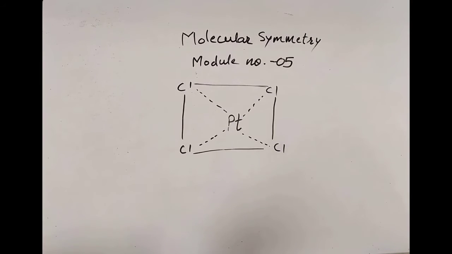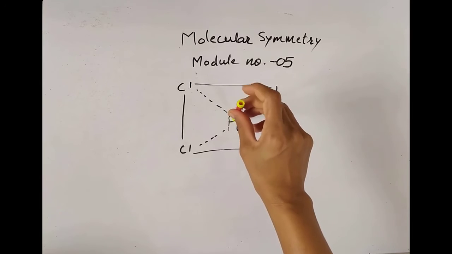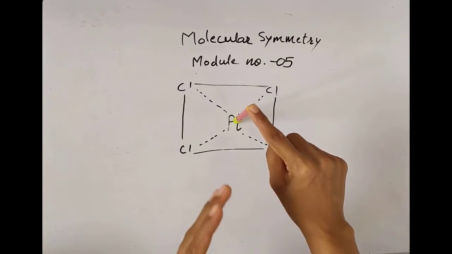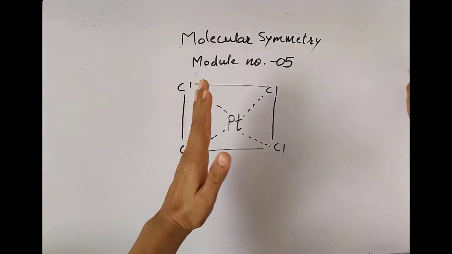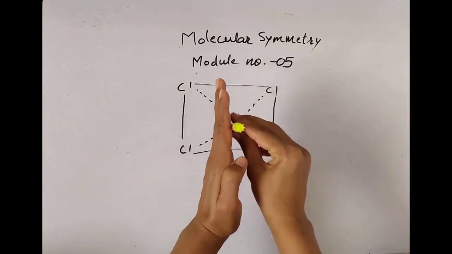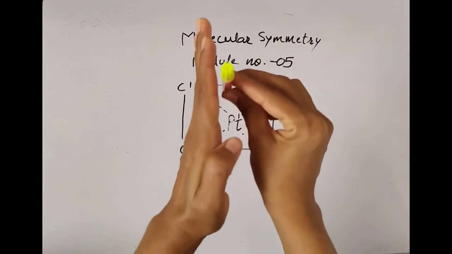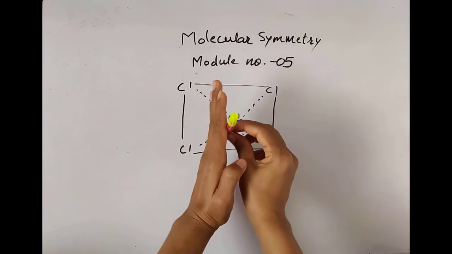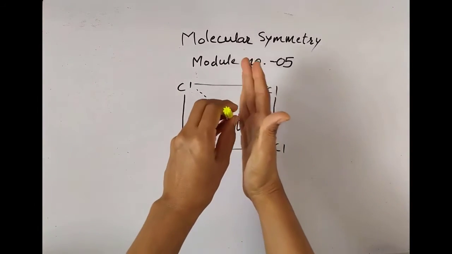So find out the principal axis. We have discussed it already. In what way do we pass the principal axis? Passing through the platinum atom. And what's the nature of the plane? Principal axis and plane, are they parallel or perpendicular? What's the angle between them? These two are moving together. What's the angle between them? 0 degree. So this is parallel. So it will be sigma V.